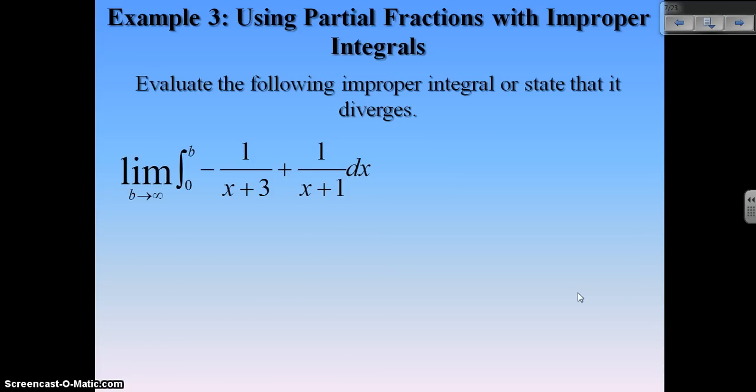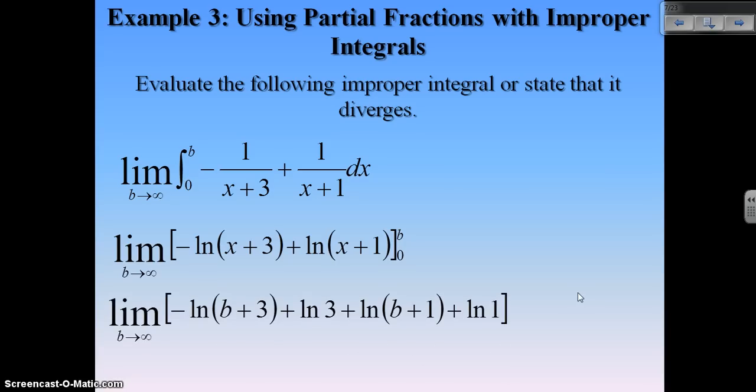So I'll take the infinity out of the integral sign. I'll use my limit. The integral of -1 over x plus 3 is negative natural log of x plus 3. You can get that by u substitution. Let u equal x plus 3. Similarly, the integral of 1 over x plus 1 is natural log of x plus 1. Plug in your b's and your zeros, and we have this: natural log of b plus 3, natural log 3,